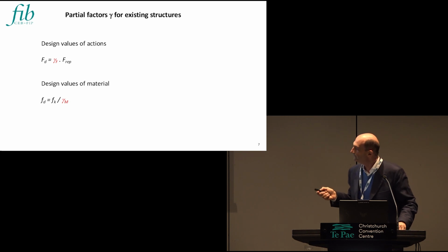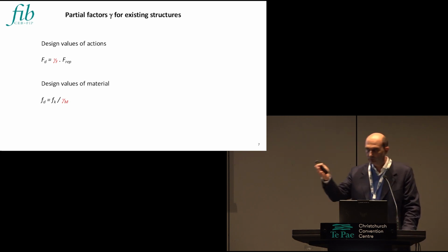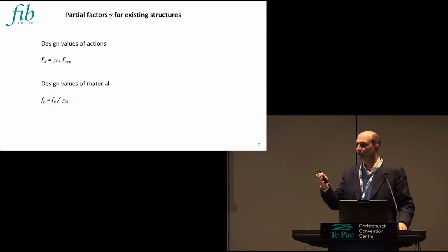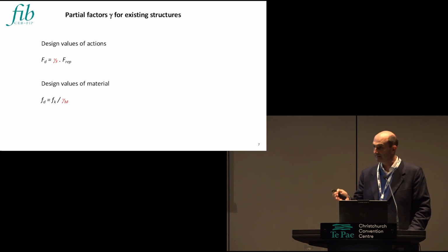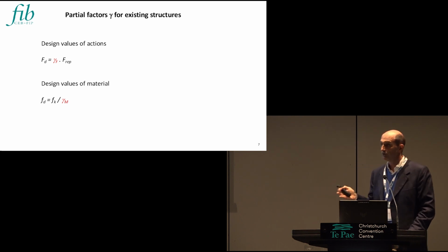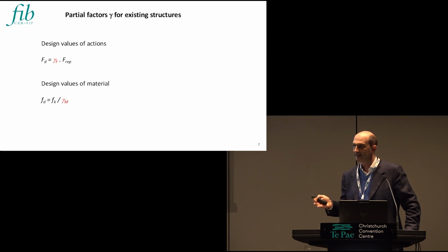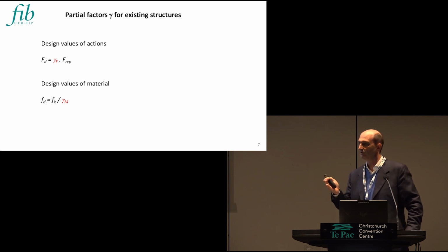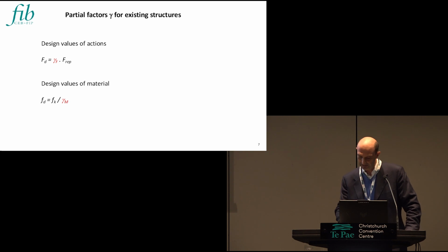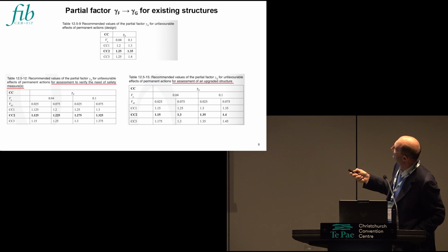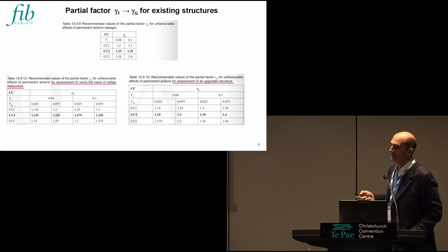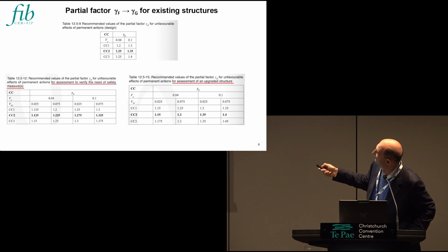Regarding partial factors, in the introduction, Agnieszka told about the possibility of using a beta value that is lower for an existing structure, but it's not only this, because we have a different knowledge of the structure. We have different uncertainties in existing structures with respect to new ones, and we could take that into account. For example, these are the partial factors suggested in the model code for the permanent load. You can see the coefficient related to the self-weight load,